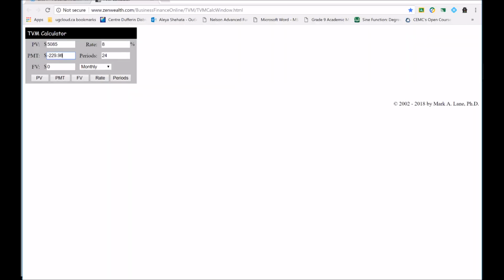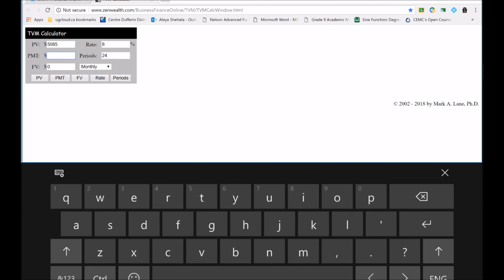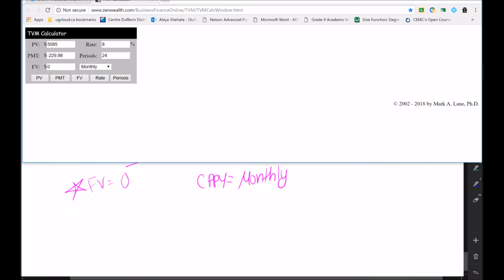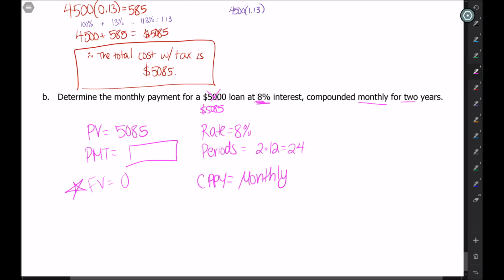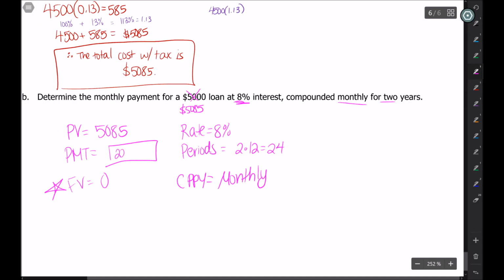So we've got $5,085, an interest rate of 8%. Our PMT is unknown. The number of periods is 24. We want our future value to be 0, and it's monthly, and I want to calculate my PMT. So it's $229.98. So we can say right here, therefore, the monthly payment is